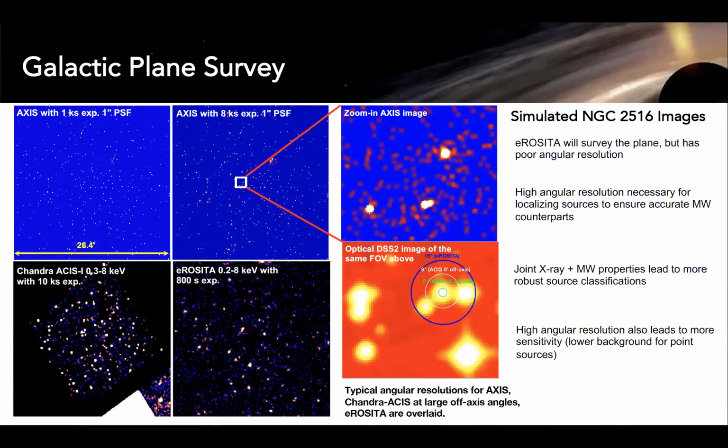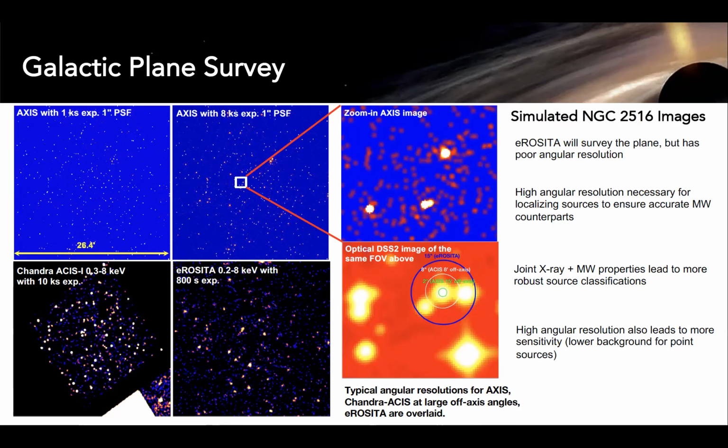And for the second part, I will be talking about the galactic plane survey and the globular clusters, prepared by Jeremy. And AXIS will enable efficient and deep surveys, including the galactic plane survey. So the obvious advantage of AXIS compared to Chandra and eROSITA is its high efficiency and excellent angular resolution across the field of view,